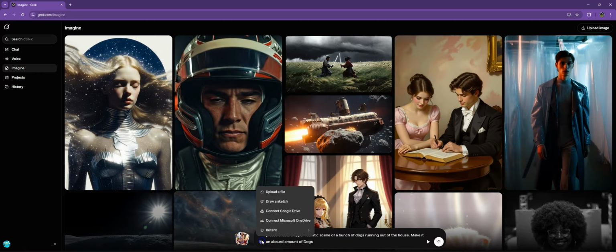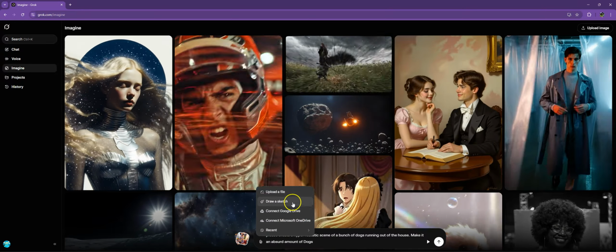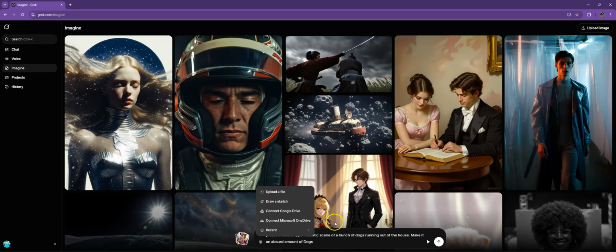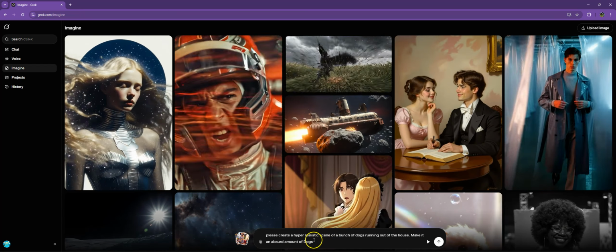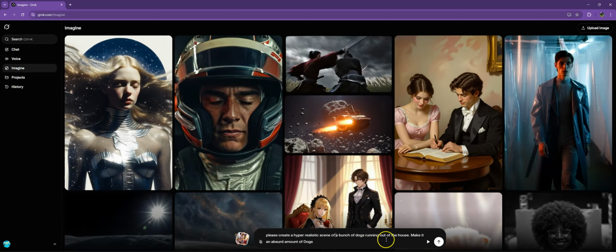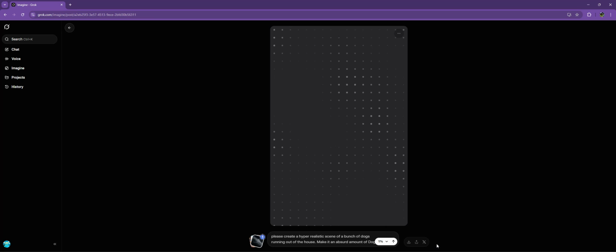So we also have the capability to attach things. We can draw a sketch and connect stuff and also use that for our image generation. But in this, we're going with a simple prompt just to try it out. And I'm saying, please create a hyper-realistic scene of a bunch of dogs running out of the house. Make it an absurd amount of dogs. So that's just for fun to see what we can get with it and to see the overall video quality